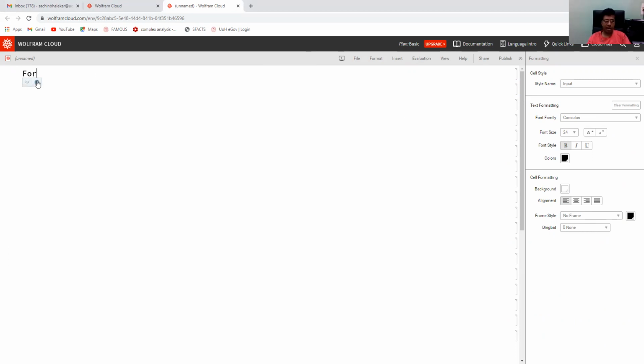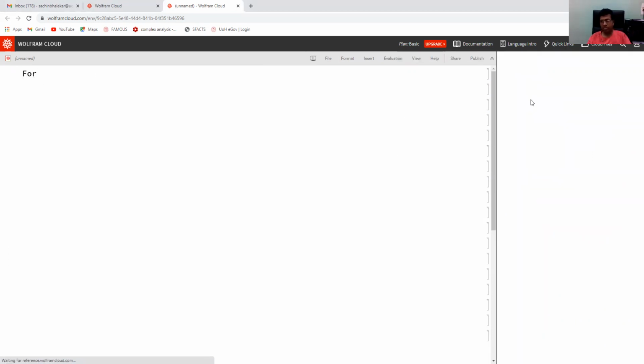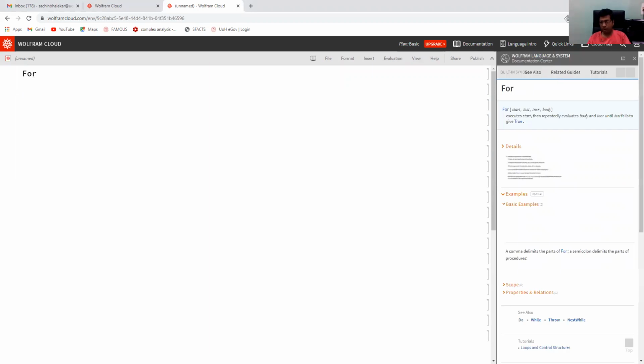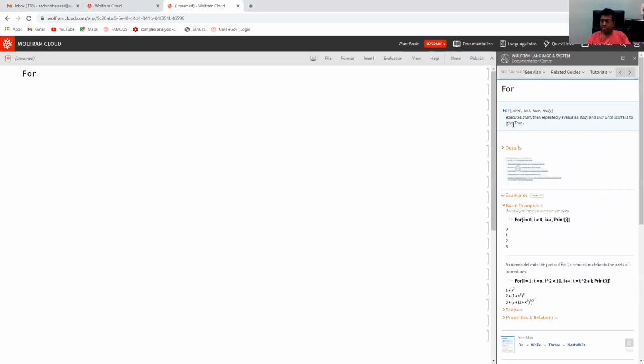Just click this I, and you will get more information about the for loop. So what is the syntax? Syntax is For, with F capital, followed by a square bracket: start, comma, test, comma, increment, comma, body. There should be commas, not semicolons as I was putting in my notes.